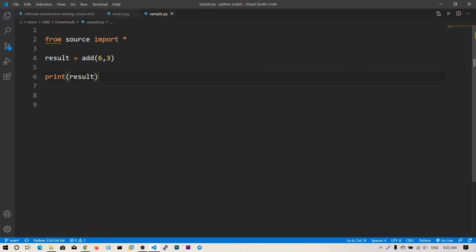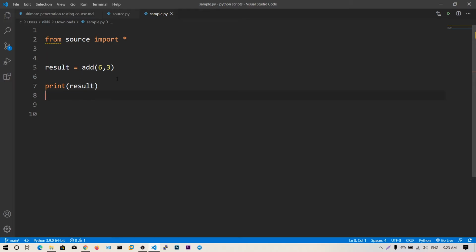So this is one very convenient way to import all the functions and variables in this source script. You can also do import source as well. So these are the two types of importing from the source and using those functions. This is all about modules.